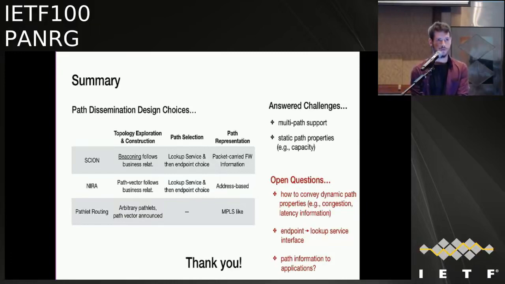So I talked mostly about the networking part, so you're talking more about this interface between the network and the application. When talking about path awareness, there are multiple things. You could have a fully path-aware endpoint, or you could convey some partial information. A first step would be, for example, just to give information to the endpoint about the available paths without giving an option to select paths among them.